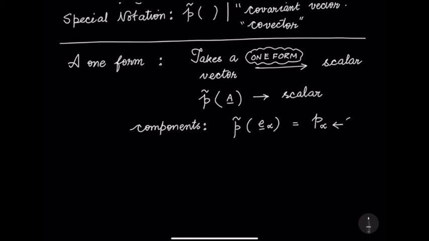So suffix. Which means if I now take the A vector as the input, and I write the A vector in terms of its components and the unit vectors, you see what you get is A alpha P alpha,